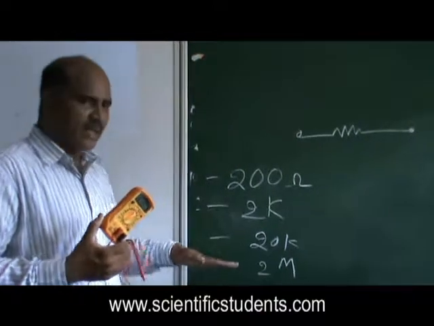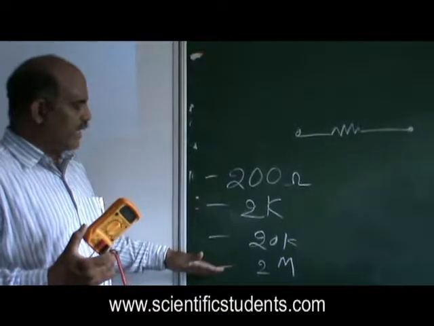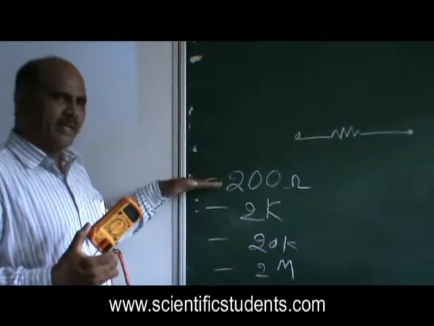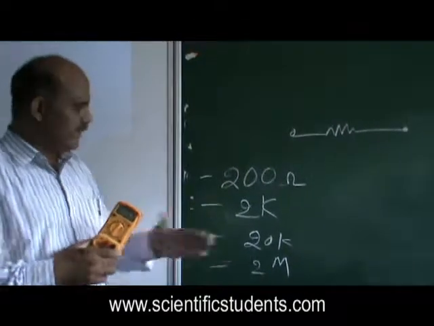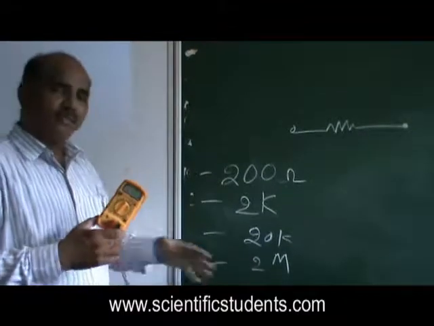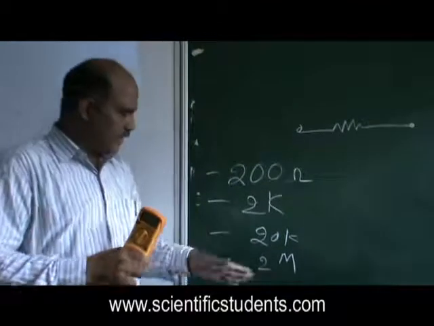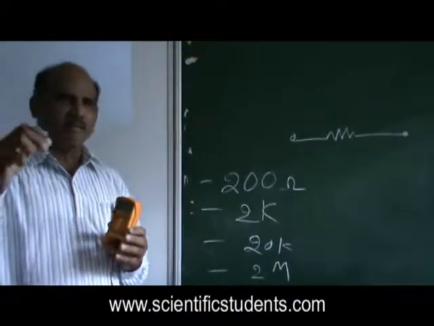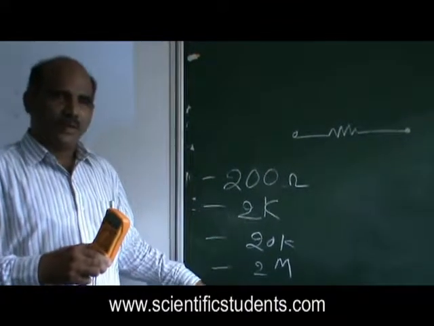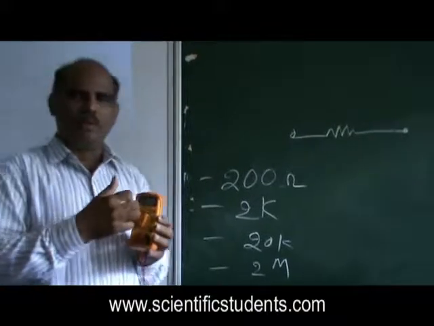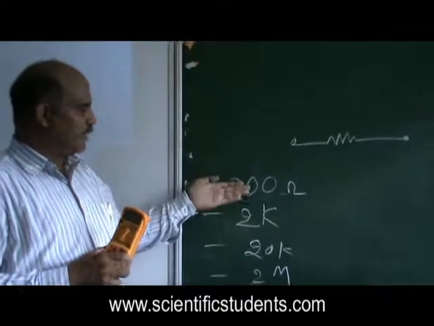But whenever you want to measure maybe 10 ohms or 30 ohms or 40 ohms, is it good to keep it in 2 mega and measure that, or is it good to keep it in 200 so we are more accurate? The value you can get is more accurate in a smaller range. Though it can measure the resistance because 0 to 2 mega is the entire range, if you are trying to measure 10 ohm or 20 ohm or 30 ohm, as it is very small for the 2 mega range, you won't be able to see the accuracy in the display. To see how exact it is, you have to step down and finally you see.